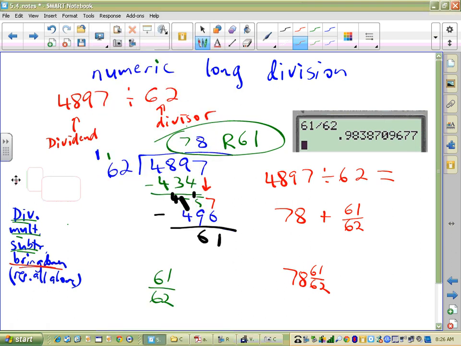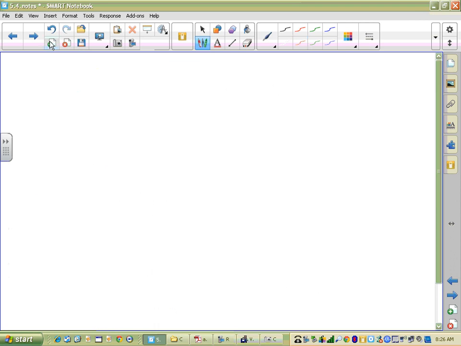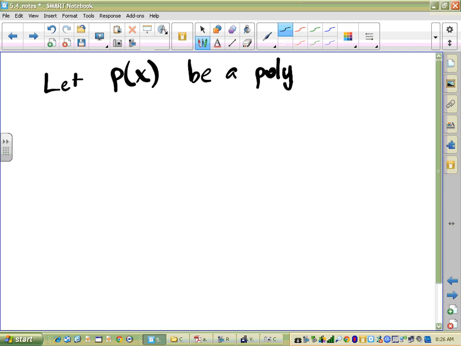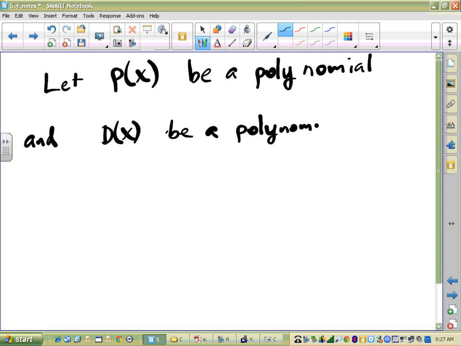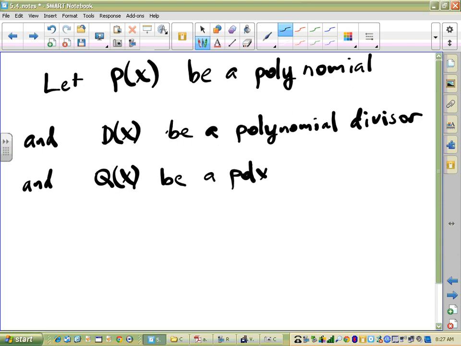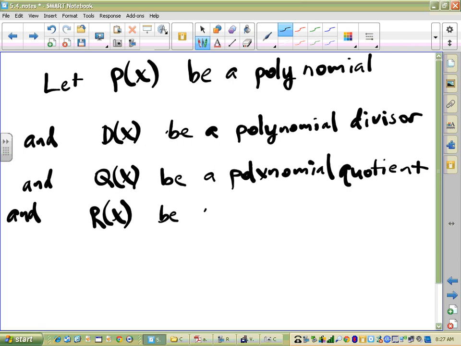So here's what happens with polynomials then, and it's real important that we figured out that remainder part. And this is the part where you'll want to start taking notes on this polynomial division. Let p of x be a polynomial, and d of x be a polynomial divisor. And q of x be a polynomial quotient. And r of x be a polynomial